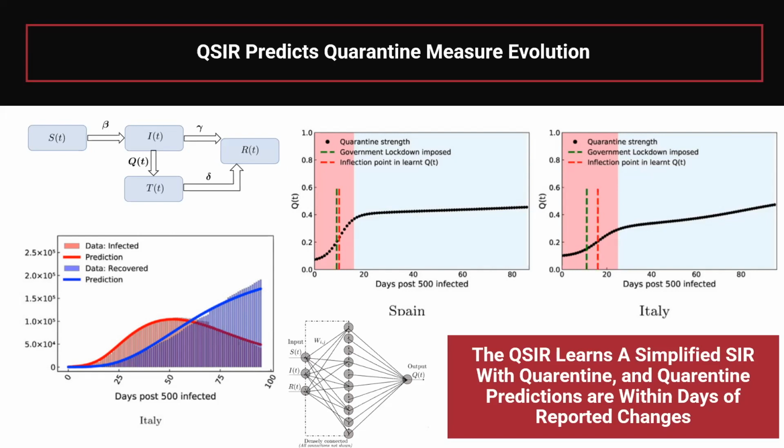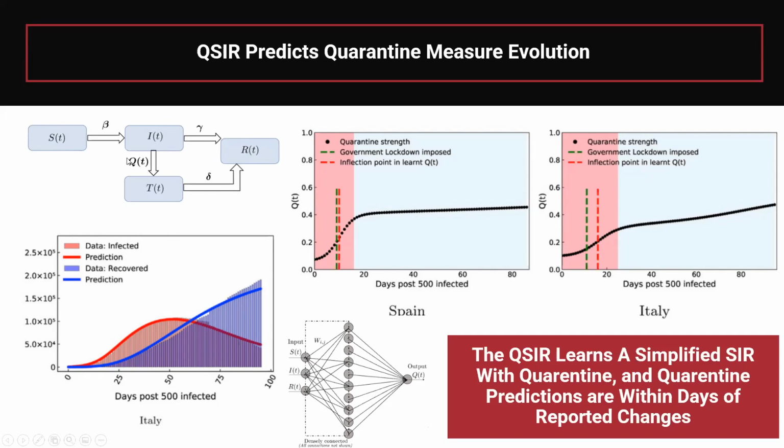If that's the simple assumption that we have, how predictive of a model can we actually get from this? And so that was what was put together, right? This is what we call the QSIR. It's this neural network embedded extension to the SIR model. And the interesting thing that we show in this paper is that it's close enough to a mechanistic model that